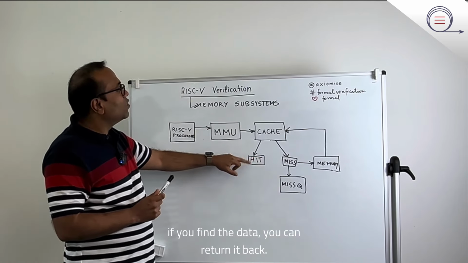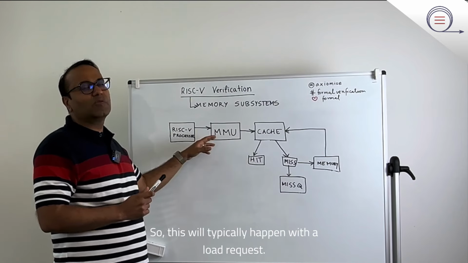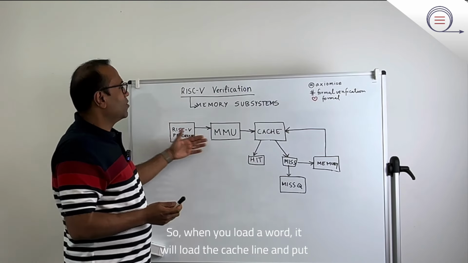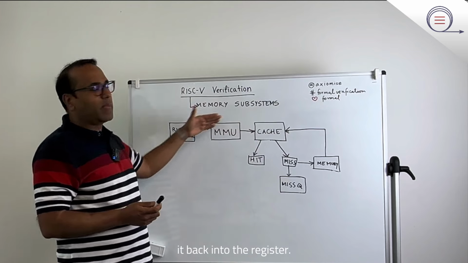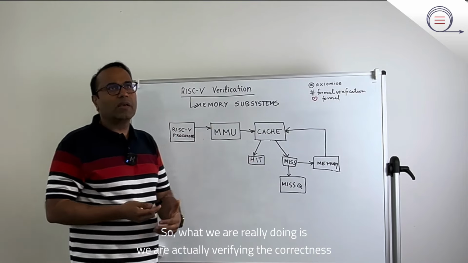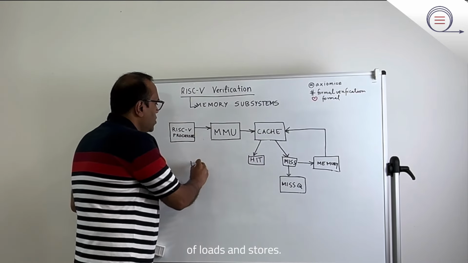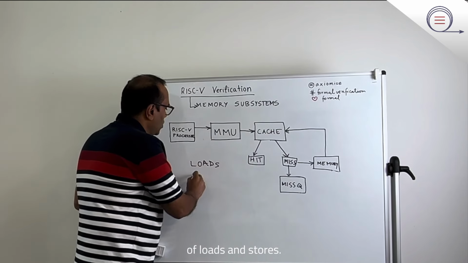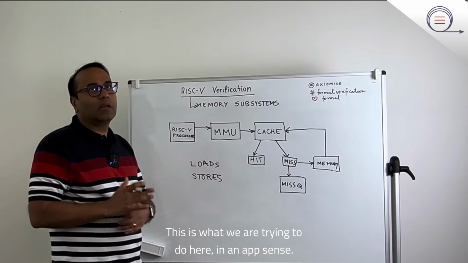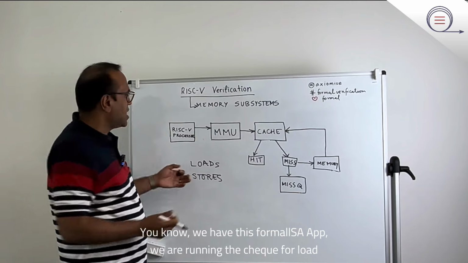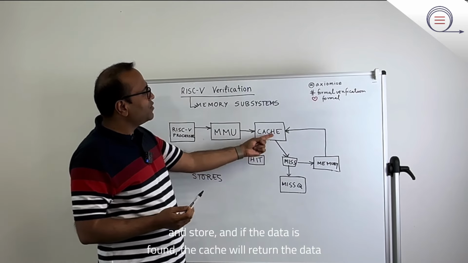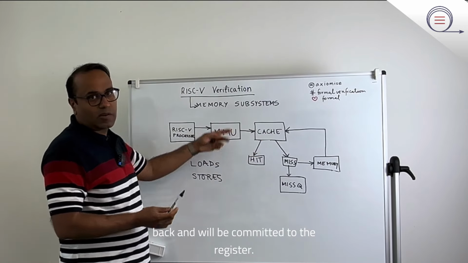Now, a hit is easy. If you find the data, you can return it back. So this would typically happen with a load request. When you load a word, it will load the cache line and put it back into the register. So what we're really doing is verifying the correctness of loads and stores. This is what we are trying to do here in an app sense. We have this formalizer app, and we are running the check for load and store. And if the data is found, the cache will return the data back and it will be committed to the